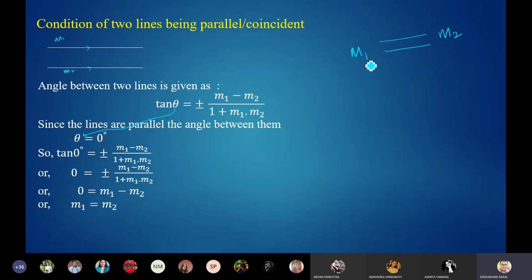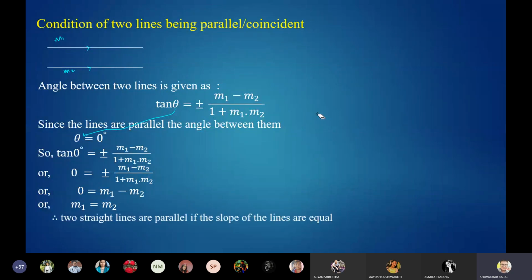You can remember in this way also. P-A-R-A-L-L-E-L. This LL is equal here. Write here m1, write here m2, then it will be m1 is equals to m2. You can remember it in any way, but the main concern is that you need to remember it. If the lines are parallel, then the slopes are equal. That is m1 is equals to m2, and write that as the condition.